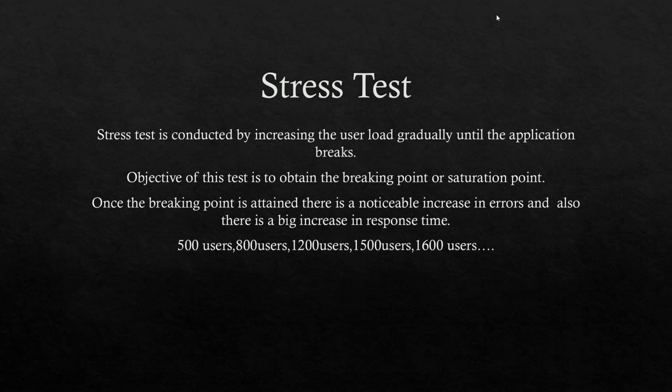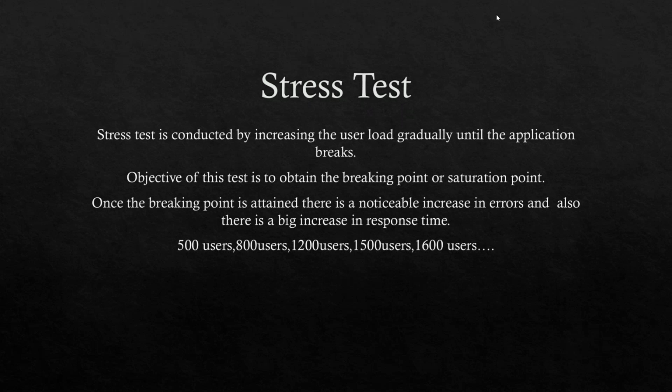Now the server stopped responding, or it crashed. Actually the server crashed because it could not handle that much load. Now from the performance tester's perspective, what we observed is that this application could handle only 1000 users max with the given server configuration. This particular application can handle only 1000 users. Now that's the stress test.